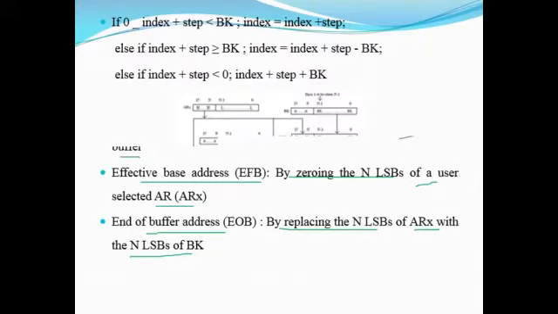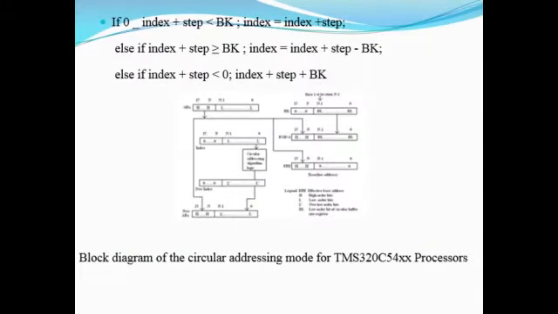So we look into that in detail later. So this is the syntax. If index plus step is less than BK, then index is index plus step. Index is nothing but any address which we consider in any instruction. Else if index plus step is greater than or equal to BK, then index is equal to index